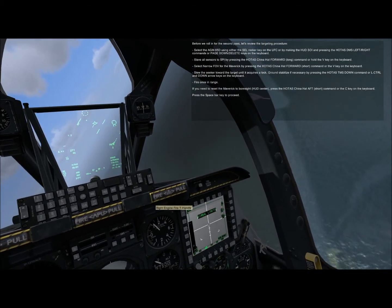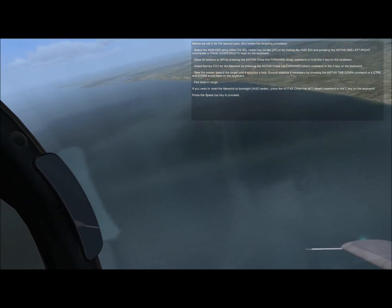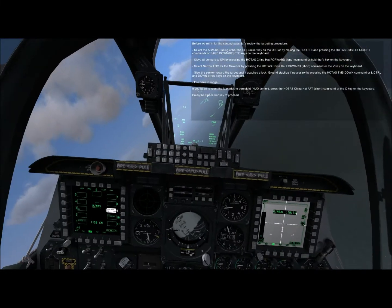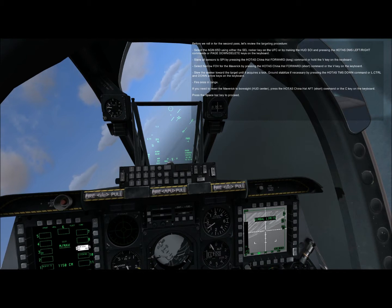These maps are nice. I really like them. Okay, let's slow down so we have lots and lots of time to